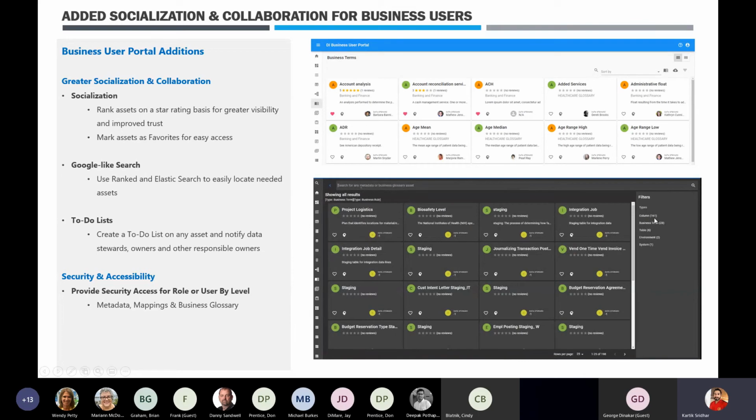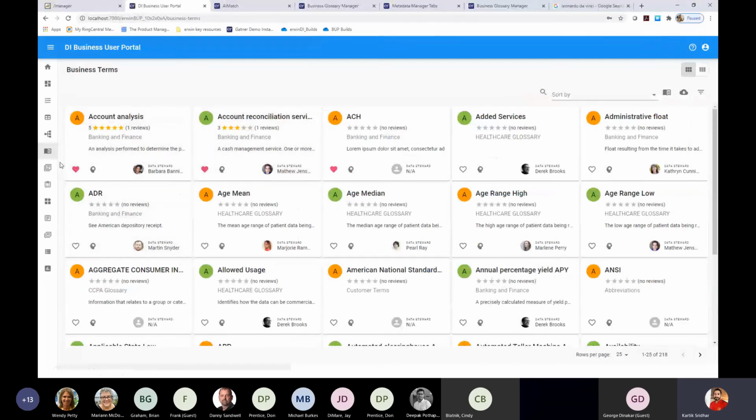So you can see what your 100 column matches are, what your 25 business term matches are, and so on. And in the product, once you search for the assets, and let's say this is your search results, you'll be able to flag an asset as sensitive.